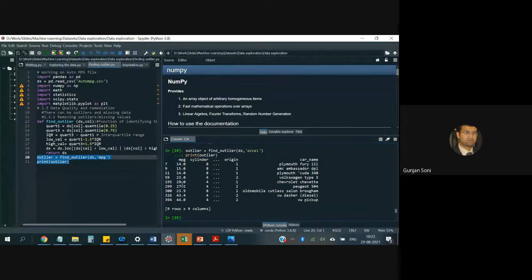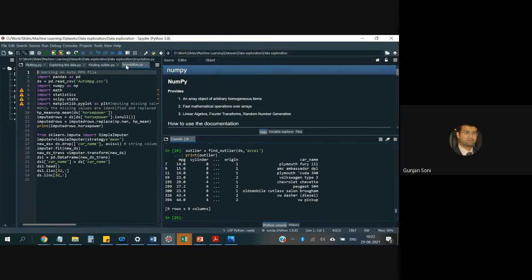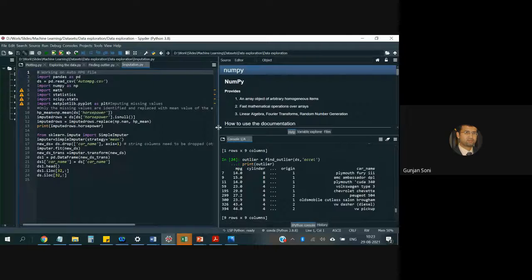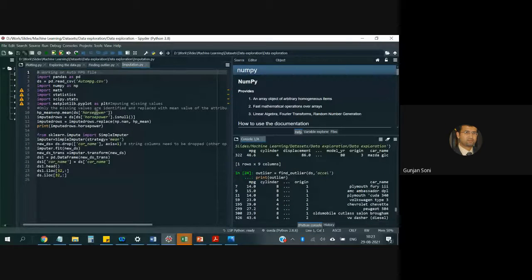So what do we do with these outliers? We've got two things happening. We've got missing values, and we've got outliers. So these are causing trouble in my paradise. Okay, so how do we deal with these outliers and all? So imputation can be done. Imputation is for missing values we do it.